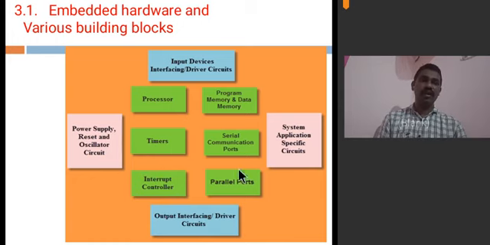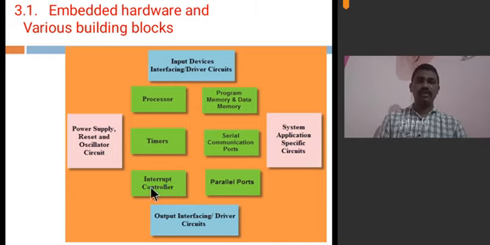You need some peripherals in order to do these operations. Those peripherals may be timers for generating delays. If you want to communicate data from one place to another place, you need serial communication interfaces. Here, serial communication interfaces may be UART, I2C, or SPI. Because serial communication needs some protocols to transfer data from one location to another location, no? So you use some protocols here in serial communication. It may be the UART protocol, I2C, or SPI for communication from one place to another place.